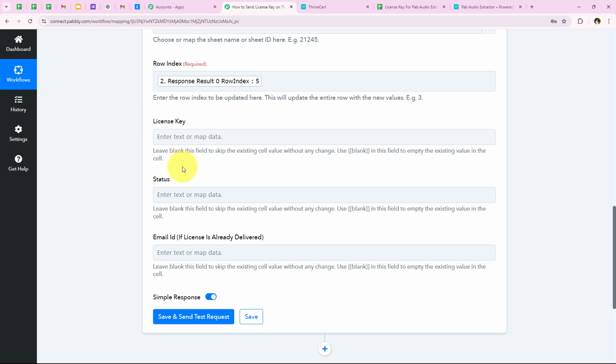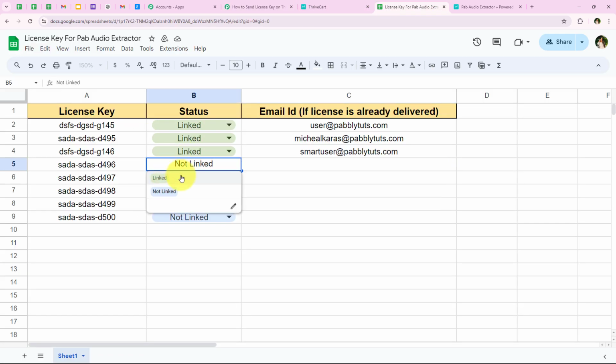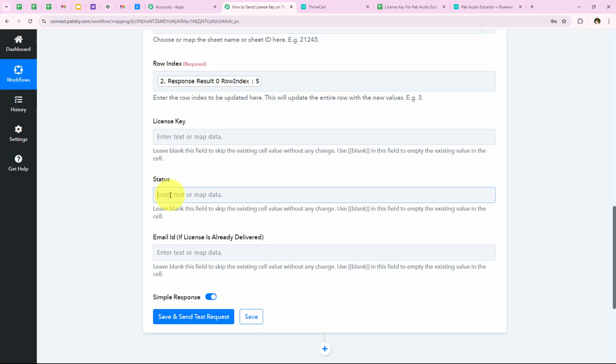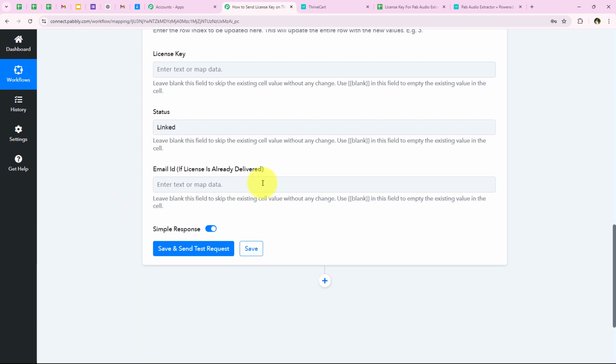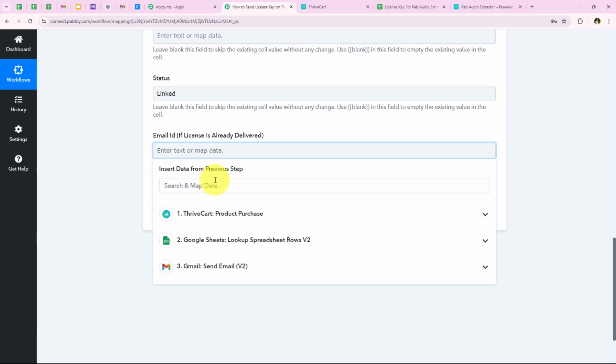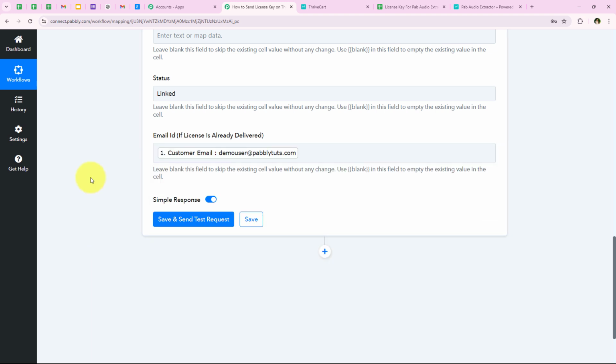It is saying, do you want to update the license key? No, I don't want to. It is saying, do you want to update the status? So yes, I want to update the status from not linked to linked. So yes, we are going to enter the status as linked right over here, and then we are going to move on forward. It is saying email ID. So yes, I want to add the email ID of my customer. For that I'm going to look for email, and as you can see, demo user @pabblytudes.com. So we are going to map it, and after doing all of this, I'm going to click on save and